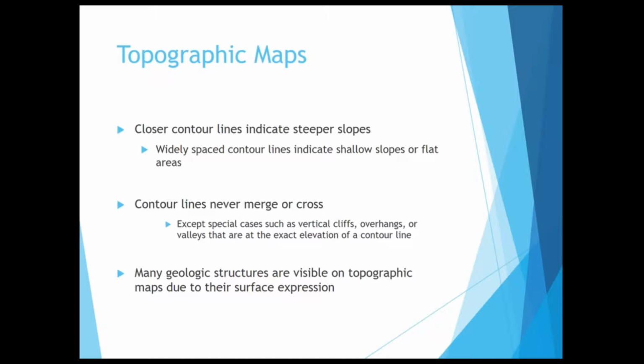Another important defining feature of contour lines is that they don't merge or cross, with a few very special minor exceptions. If you have a truly vertical cliff or overhang, the contour lines can merge or cross. And this is because if you're looking truly straight down for a map view,